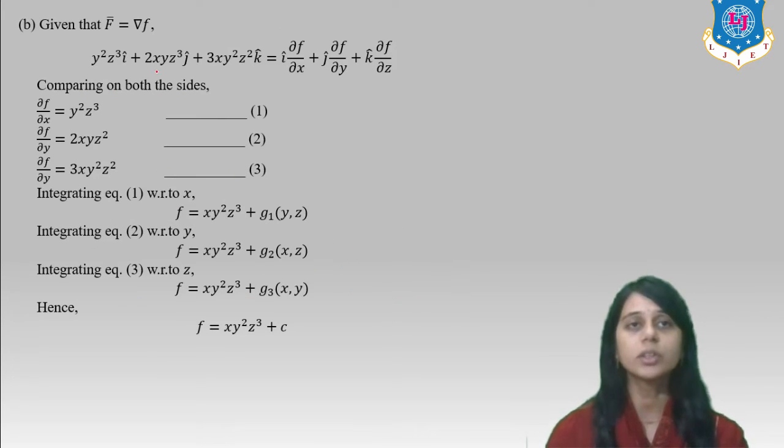Now we have to find the function f. f bar equal to nabla f, y square z cube i caret plus 2xy z cube j caret plus 3xy square z square k caret, equals i del f by del x, j del f by del y, k del f by del z. Comparing both the sides, equation 1 and 2, we get del f by del x equal to y square z cube, 2xy z cube equal to del f by del y, and 3xy square z square equal to del f by del z. Now integrating equation 1 with respect to x, integrating equation 2 with respect to y, and